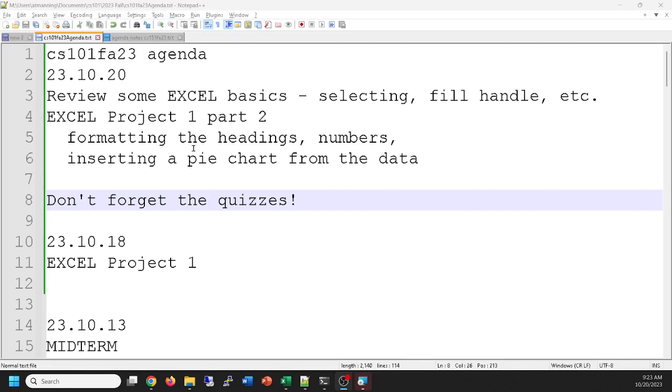Okay, we're going to finish up Excel Project 1 today, do a little review of what we already know, and probably get done early so you have time to go out and frolic in the leaves that are falling. So let's take a look at what we're doing, and we will